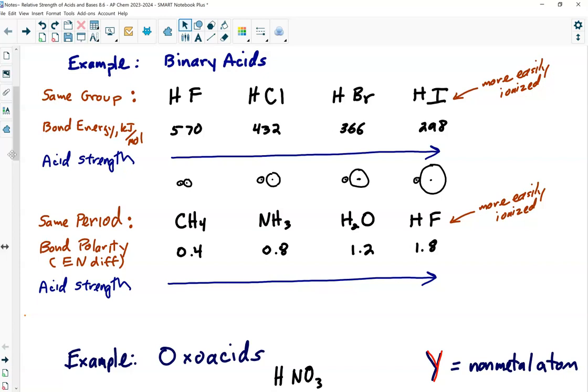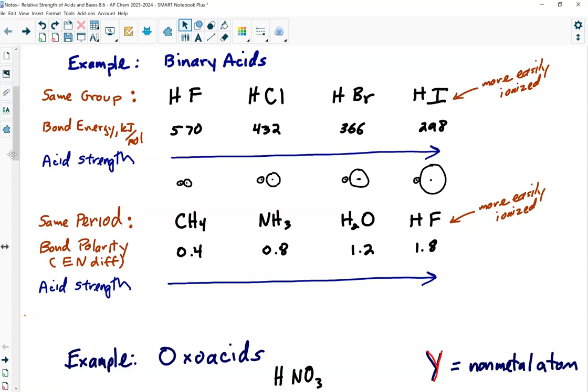Which one would be the stronger acid? Well, you look at the bond energy. And the bond energy has to do with the relative size of the atoms, as you see in the graphic here. So looking at hydrogen bonded to all of the halogens, the bond energy is